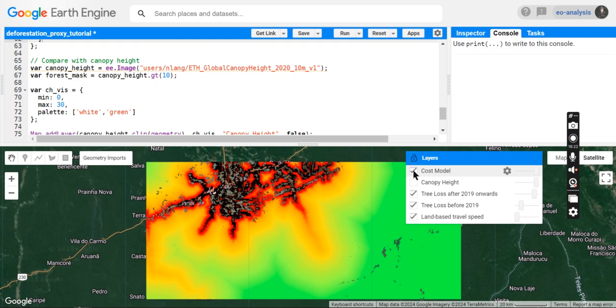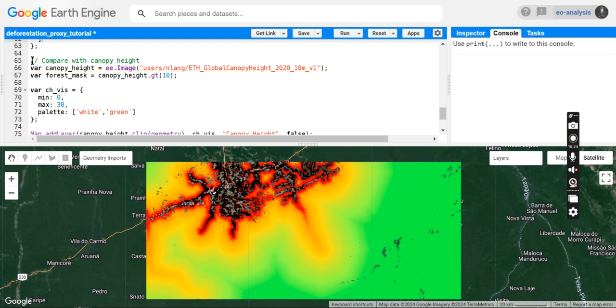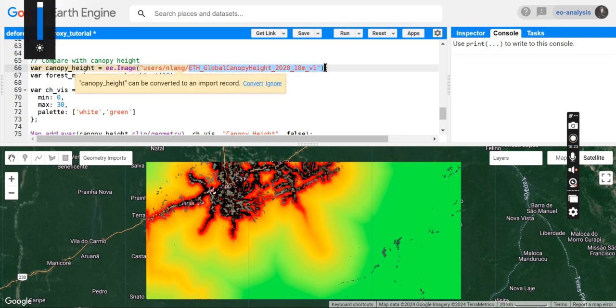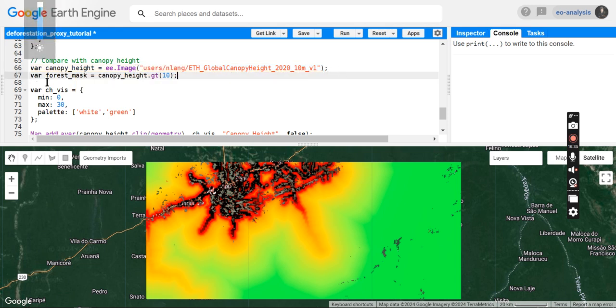So in order to mask them out, I use the canopy height data from this global canopy height from 2020, which is also a nice data set. And I try to get the canopy height greater than 10 meters here. So then we have only trees that are higher than 10 meters